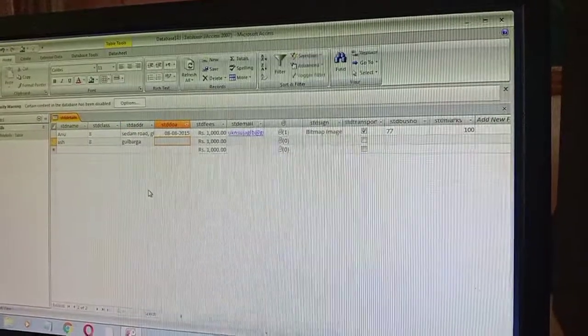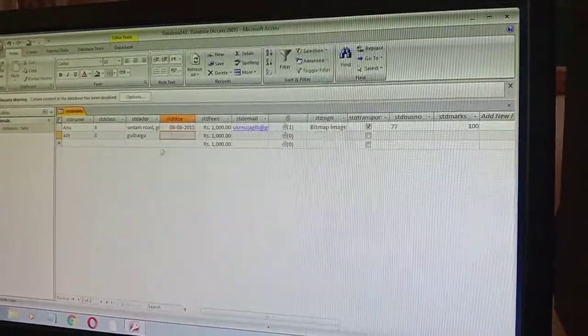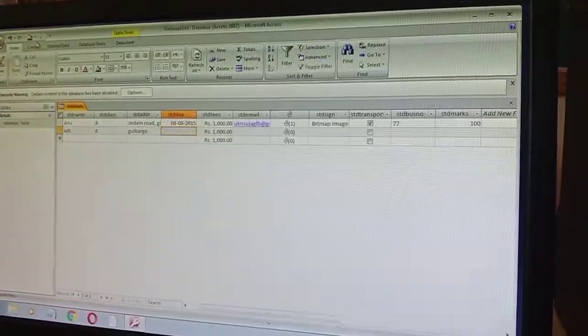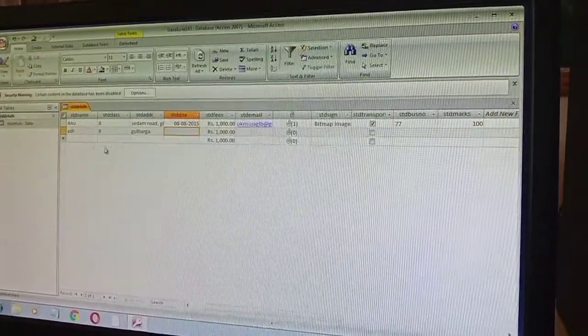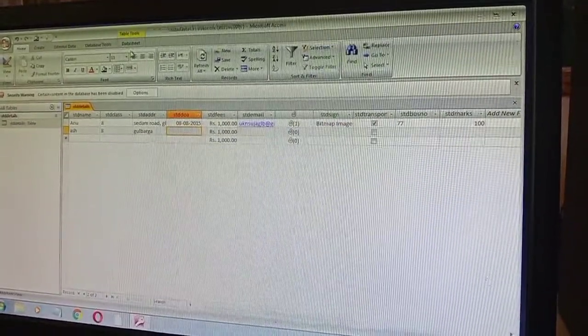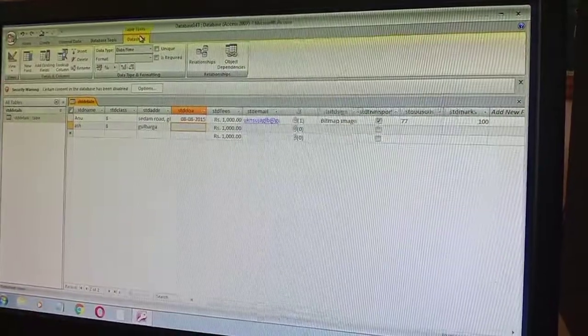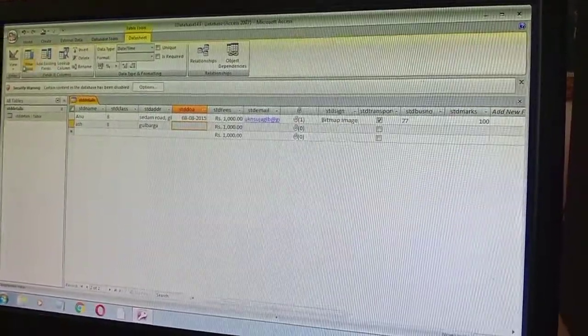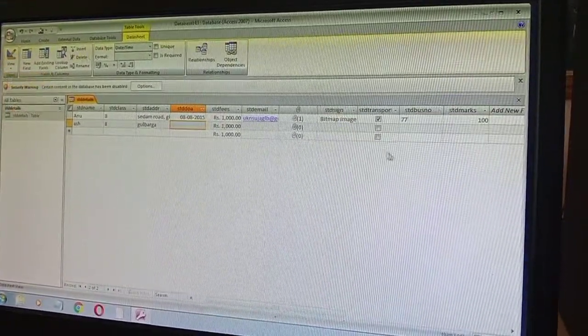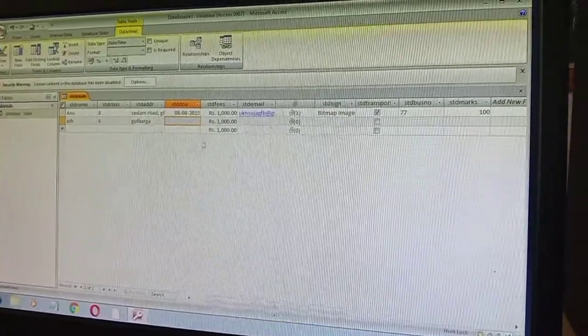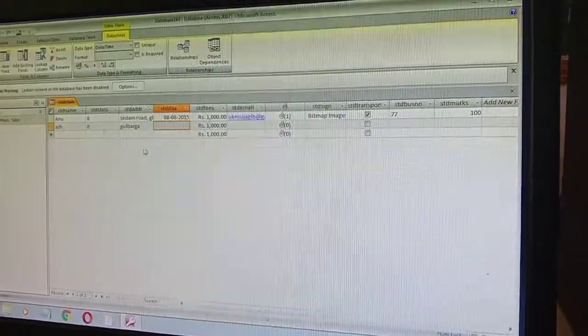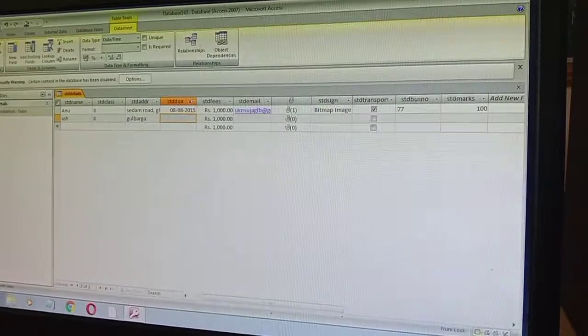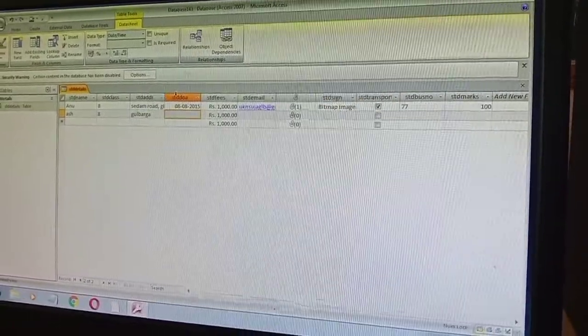Next is adding a field. Now for adding the field, what you have to do is open a table in datasheet view. Then you can insert a field and you can even add the field. The new field 1, you can